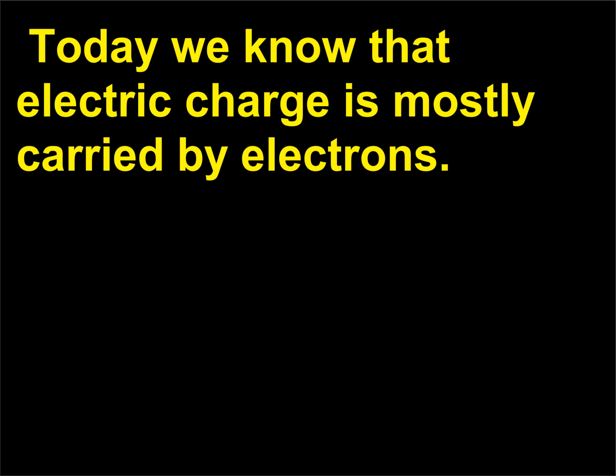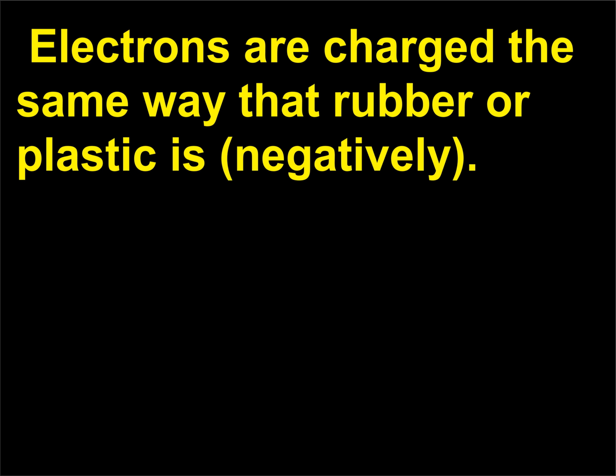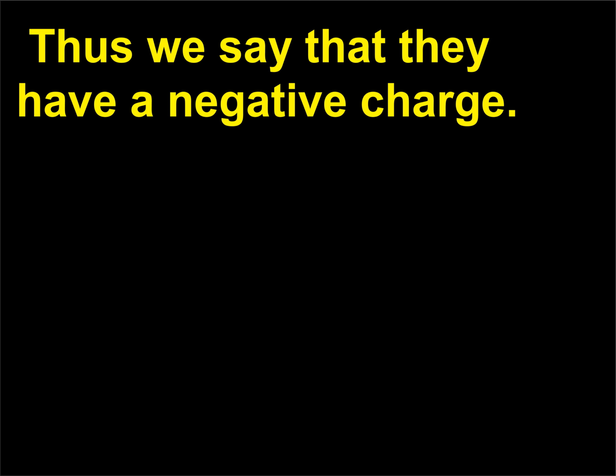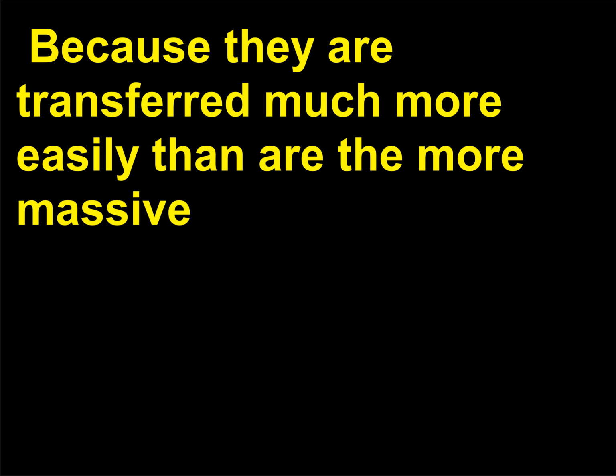Thus he decided that glass had an excess of electrical fluid. Today we know that electric charge is mostly carried by electrons. Electrons are charged the same way that rubber or plastic is, negatively. Thus we say that they have a negative charge, because they are transferred much more easily than are the more massive,